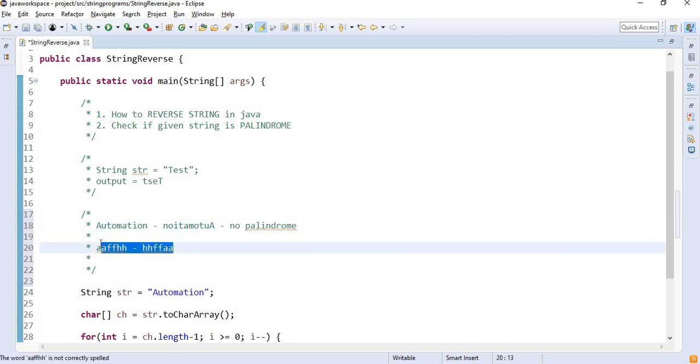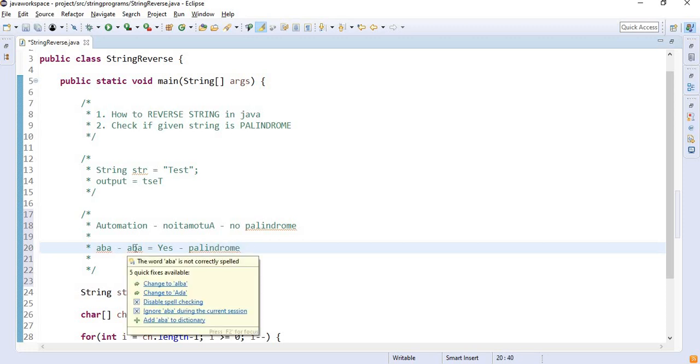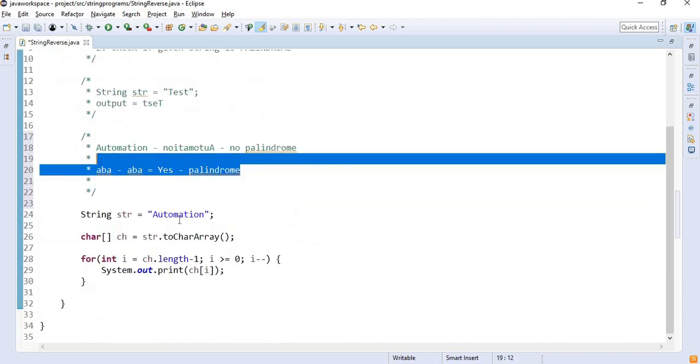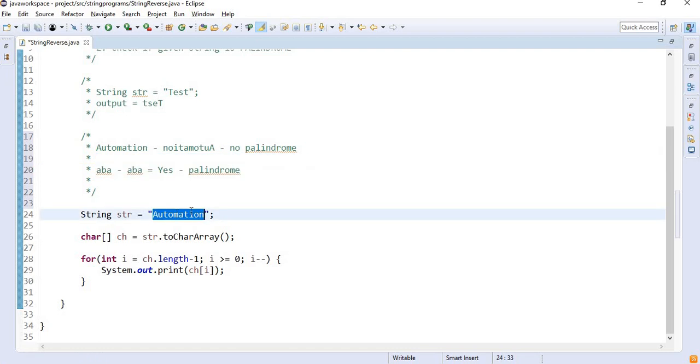But if I say ABA, can we read it from left to right and right to left the same? Yes, then it is a palindrome. Any string which is readable the same from left to right or right to left is a palindrome. Okay, so let's see how we can check if automation is a palindrome or not.